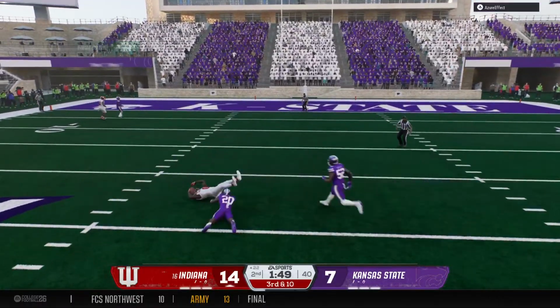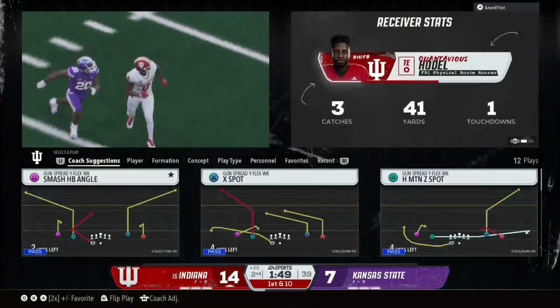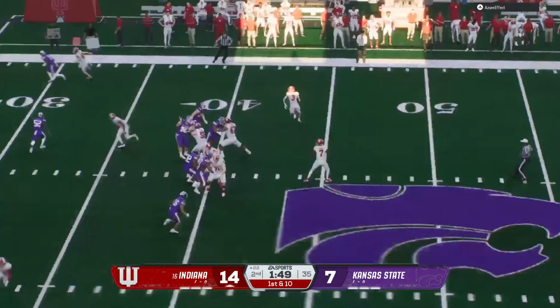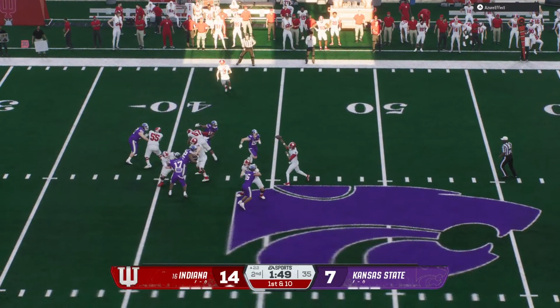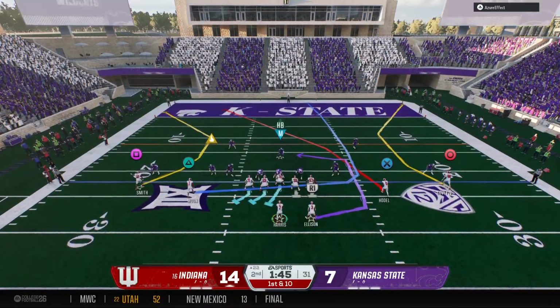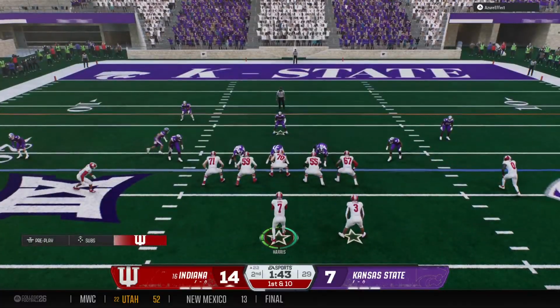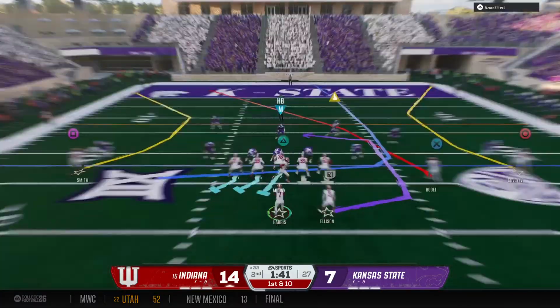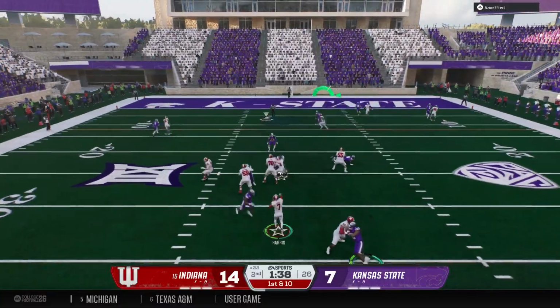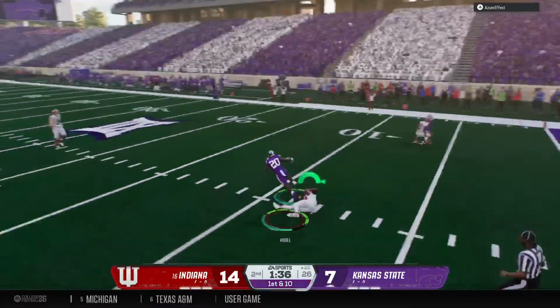Looking down the middle. Tight end getting vertical. Just outside the red zone as they pick up the first down. They'll spot it at the 22. And it's on 3rd downs like this, if you want to attack the middle of the field, you got to look for the tight end. Really nice route. Great job looking that football in. You can tell this quarterback really has a lot of confidence when he's in the...